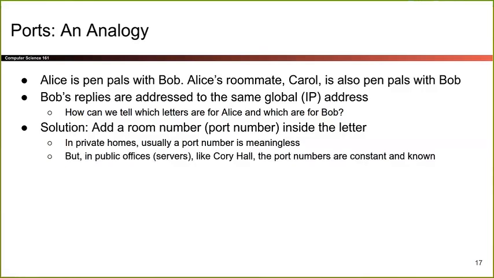But if you're in a public office like Corey Hall, which is the EECS department at Berkeley, the port numbers, the room numbers, kind of have to be constant, right? You can't just randomly change a room number because then you no longer know where anything is. That would be kind of wacky if you showed up to Corey Hall for class and all of a sudden the numbers have been shuffled. That would not be great. So if you're in Corey Hall or some public server, the port numbers should be constant and everyone should know where they are. If I tell you, let's have a meeting tomorrow in Corey 212, everyone shows up at the same place. So everyone should know port numbers in public places like Corey Hall. But if you're in an apartment like Alice and Carol's apartment, then the room numbers can be whatever.